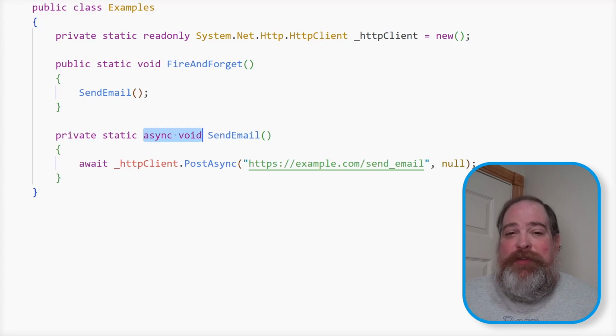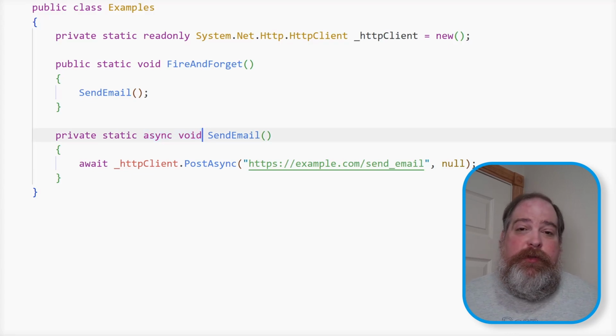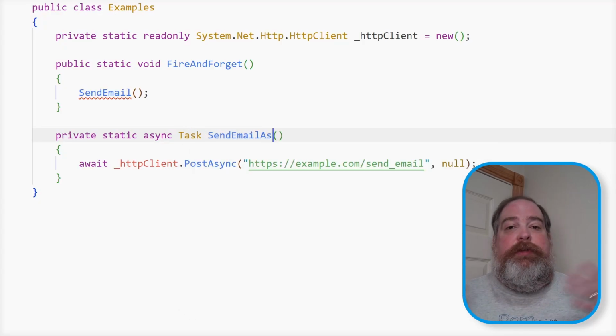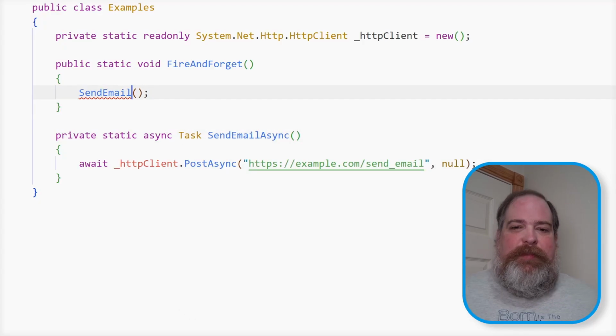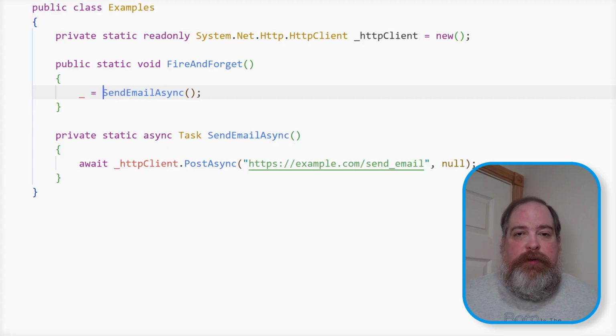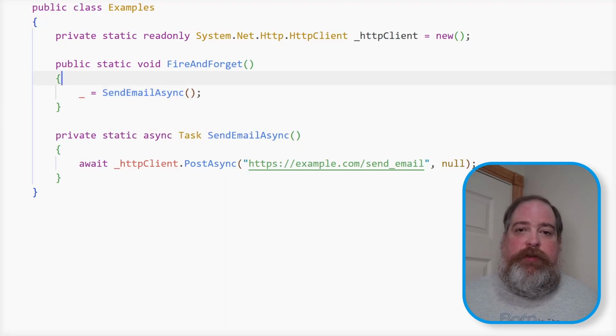But some people use async void for fire and forget. But another pattern that comes up is just calling an async task method and just discarding the task and calling that fire and forget. So why is this an async gotcha? Why is this not a great idea? Well, because when you're discarding the task, you are discarding the results of that function.